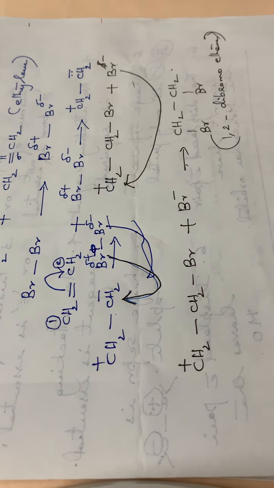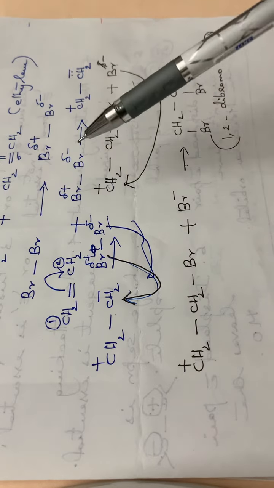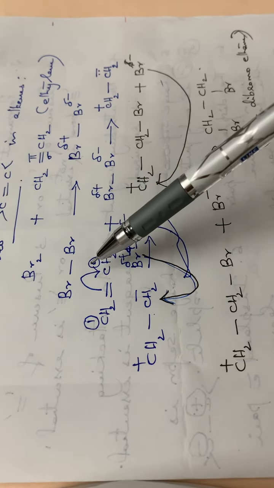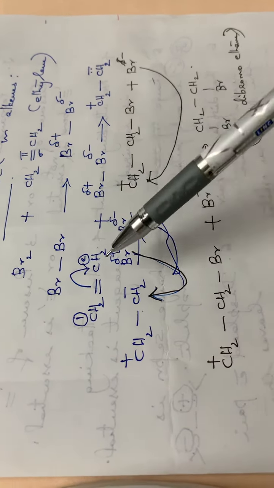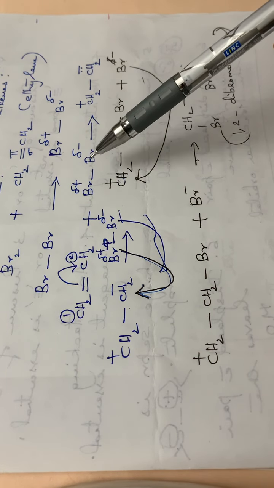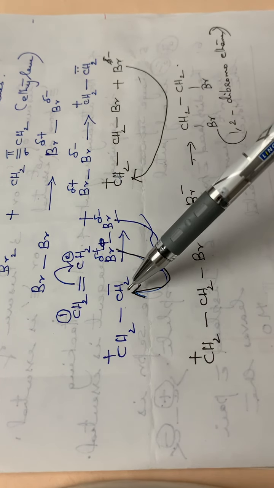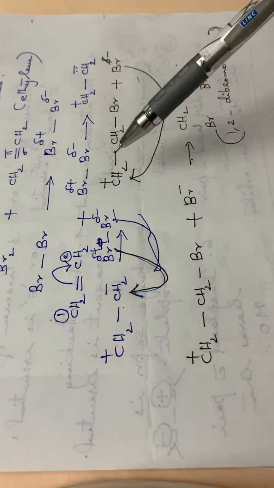Okay, so this is the first application, the addition to this double bond by a homoatomic molecule, the bromine molecule. In the first step, this bromine molecule will be polarized and get positive and negative charges. Then Br plus, the bromonium ion, will be adding to the CH2 minus, so that we will be obtaining a cation. So the first product will be a cation. Then to that cation, the negatively charged bromine atom will be adding. So the compound will be 1,2-dibromoethane.